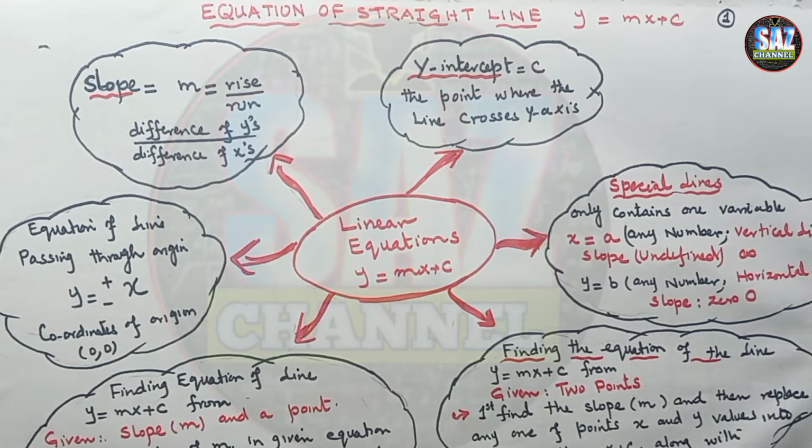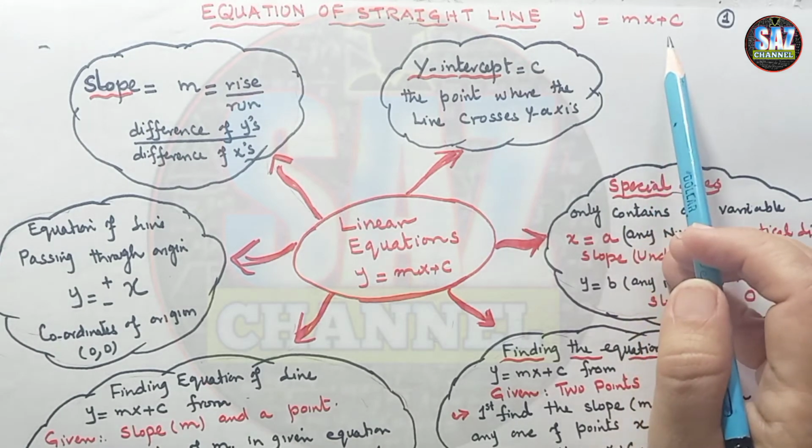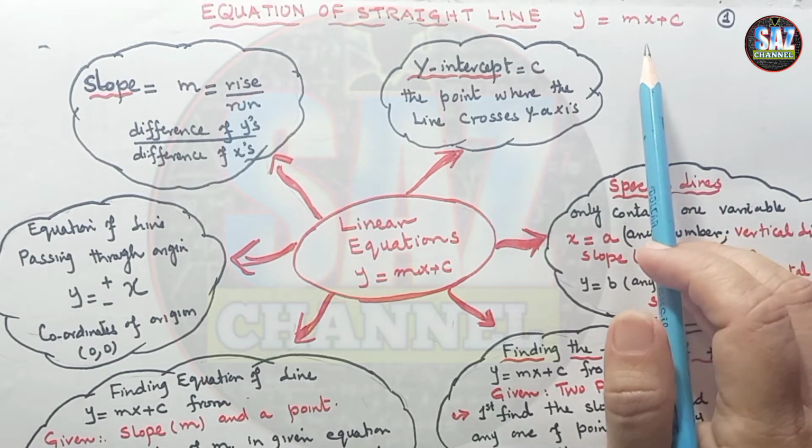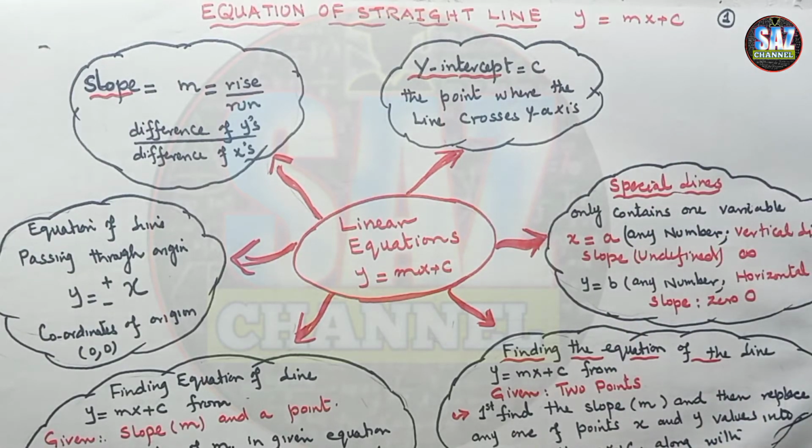This is my first lesson about the equation of a straight line, y equals mx plus c. The other name of this type of equation of a line is the equation of a non-vertical line. What is the equation of a non-vertical line, how do we find it, and what are the m and c of this line? In order to understand all these things, you have to watch this lesson carefully because this